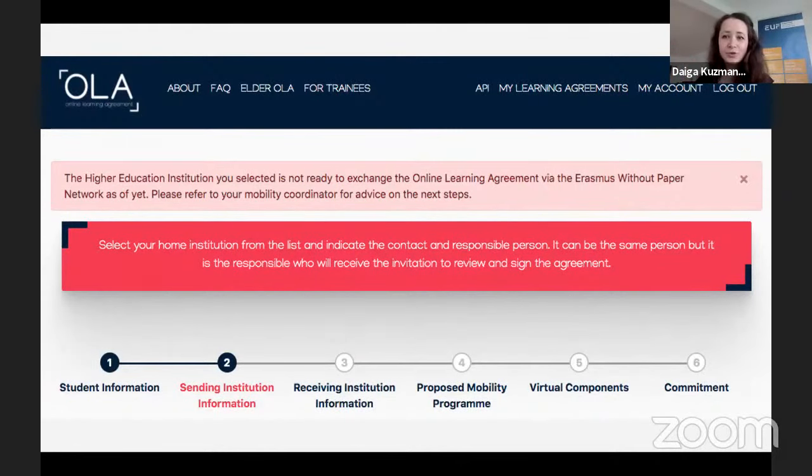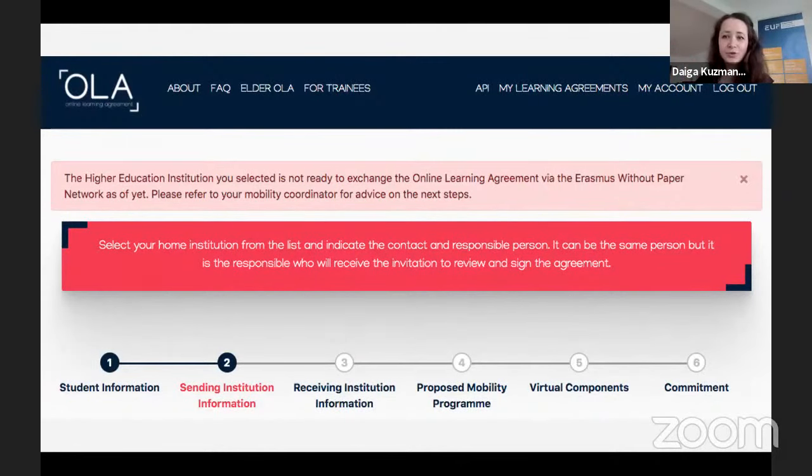The similar logic, of course, would also then apply to uploading the online learning agreements and initiating them from the Erasmus dashboard by the institutions, as well as when creating the interinstitutional agreements. And this functionality has a big advantage in that it's checking whether your partner is reachable or it's not the case yet. And what that is then interlinked with